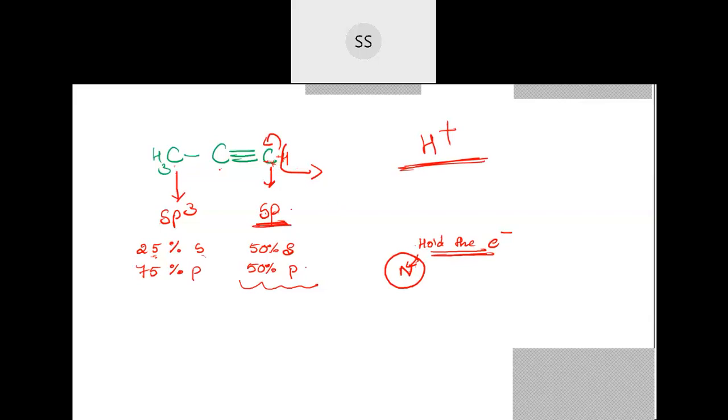Now here, if you want to discuss the acidic character, they should release hydrogen ion. So here there is no possibility for them to release. This carbon doesn't have anything attached to it, so it won't release any hydrogen ion. Whereas we have only this carbon which is attached with the hydrogen, and it is more electronegative in nature. Since we don't have any hydrogen attached, they can't release. Here we have hydrogen attached, so they release it very easily.